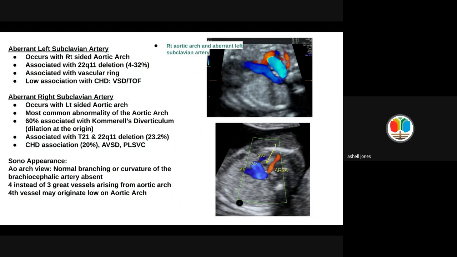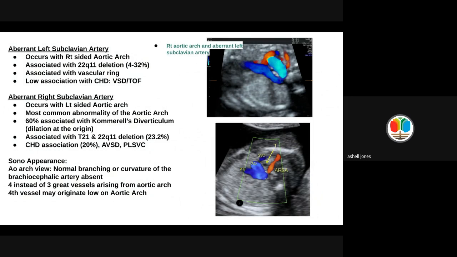Okay, now with other findings, it could be associated with T21 as well as 22q11 microdeletion. Okay, so it occurs with a left-sided aortic arch. You can see the ARSA vessel, which is here, coursing towards the fetus right side. Okay. So here in the sonographic appearance, it says your